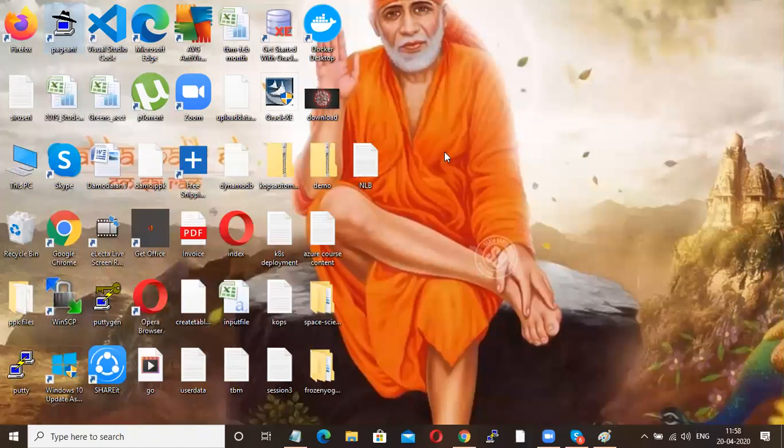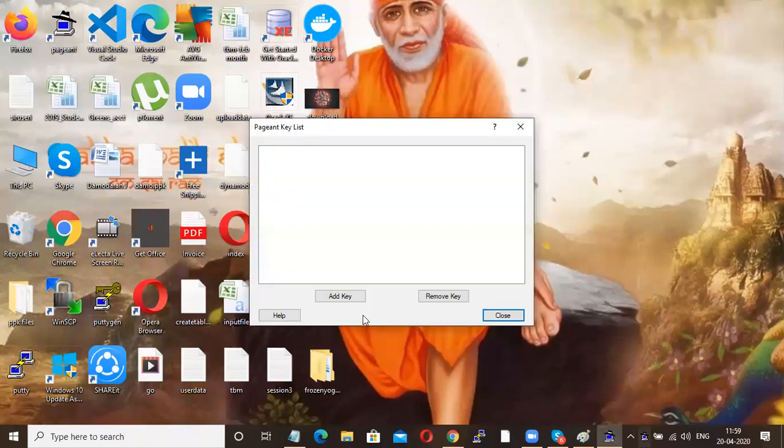Fine. So your Pageant will look like this. Then you will see here, click Add Key, then load your PPK file. You can load n number, like 5 to 10, 15 PPK files as well.